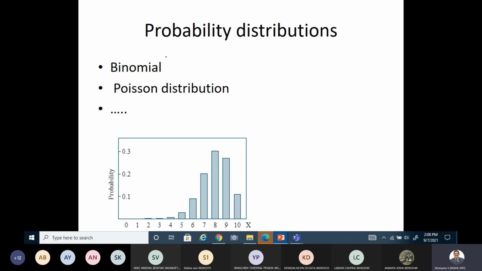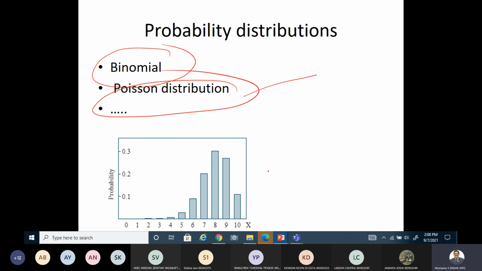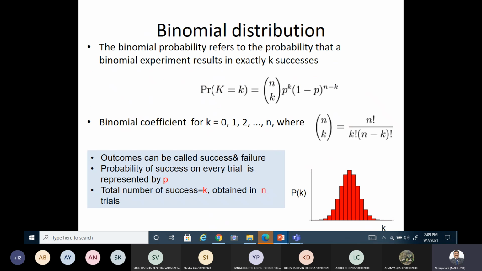So let us take what is binomial first, then we'll talk about one more distribution and how it could be seen describing a class. That is what we need to look for. So binomial probability, you may have to estimate here. Binomial probability is defined in your earlier study also. It may be something like this.